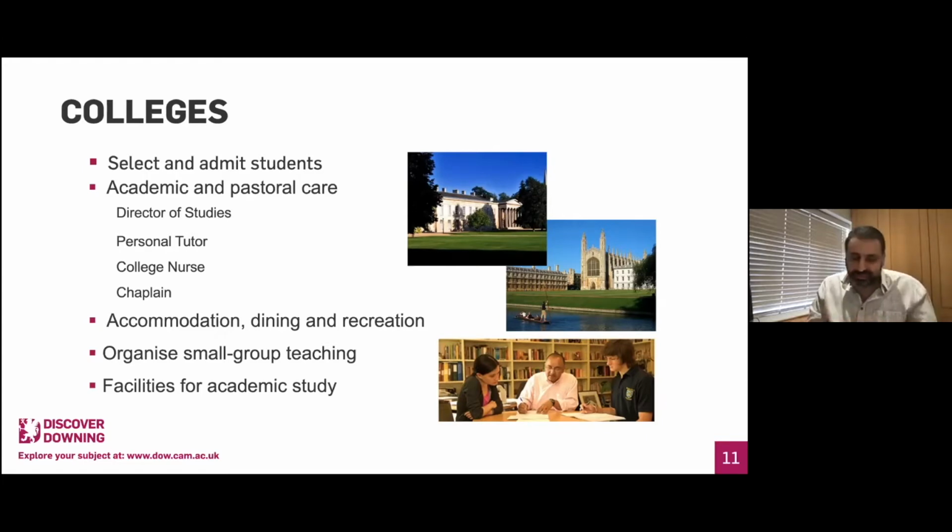What you would also find in every college is a range of facilities to support your academic studies. So every college would have breakout spaces for students to have quiet places to go and study. Also have places like, for example, the library. Every college would have a library where students can get hold of books and